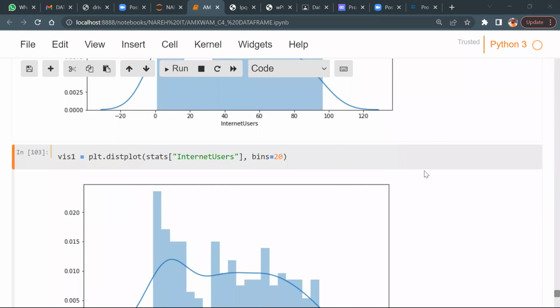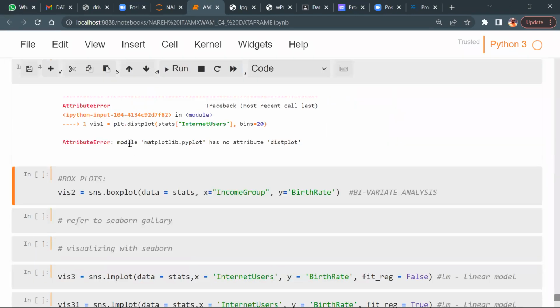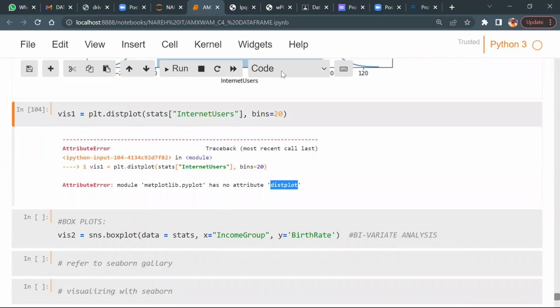Plot. Matplotlib. Error. Module matplotlib has no attribute distplot. That is why this is advanced visualization. Got it, guys? Everybody's clear? Online team, what is the difference between matplotlib and Seaborn? You can explain this to the interviewer. Clear or not, everyone? Yes, guys?